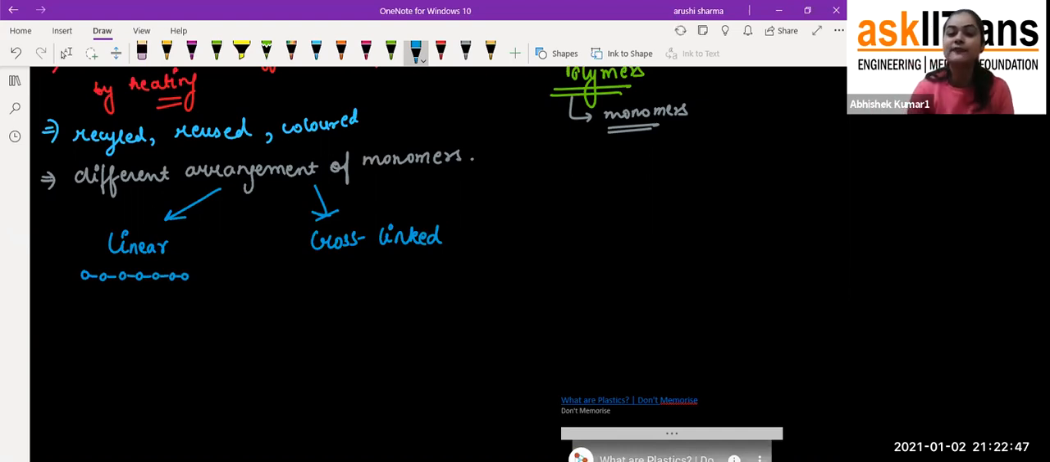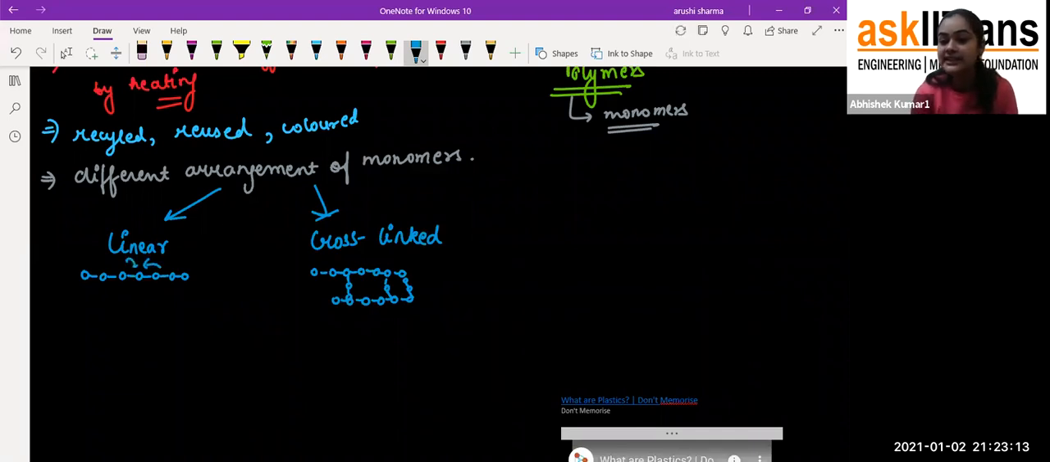because they are just in a single chain. But in the cross-linked one, what will happen is that one chain is present here, another chain is here, and these chains are cross-linked with each other. That's how they are linked. So these are the cross-linked ones. Now you can see that in the linear chain, this monomer is getting strength only from these